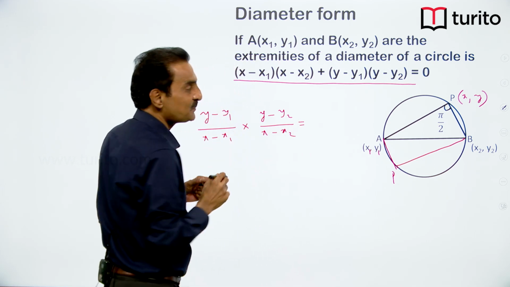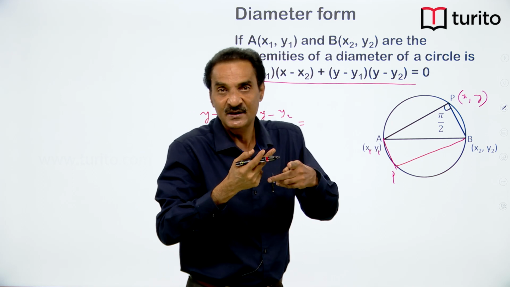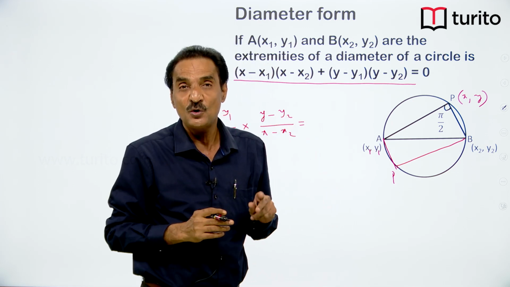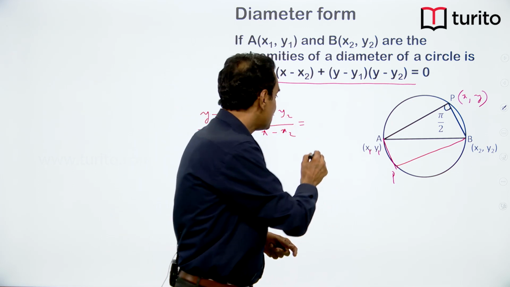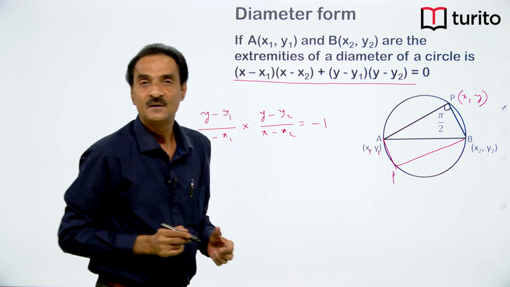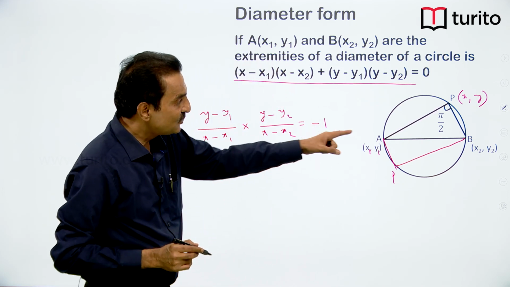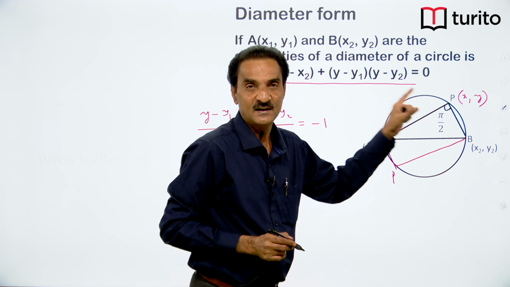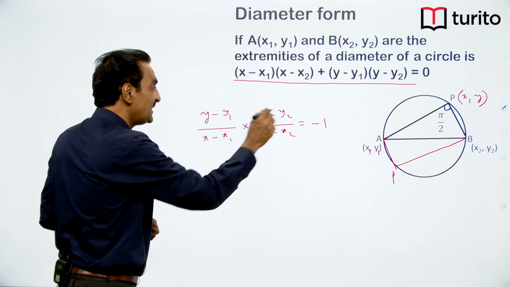What will be the value of this product when two lines are perpendicular to each other? What will be the product of the slopes? All of you are aware, it is minus 1. This is true for any position of P on the circle. Now, cross multiplying, we get